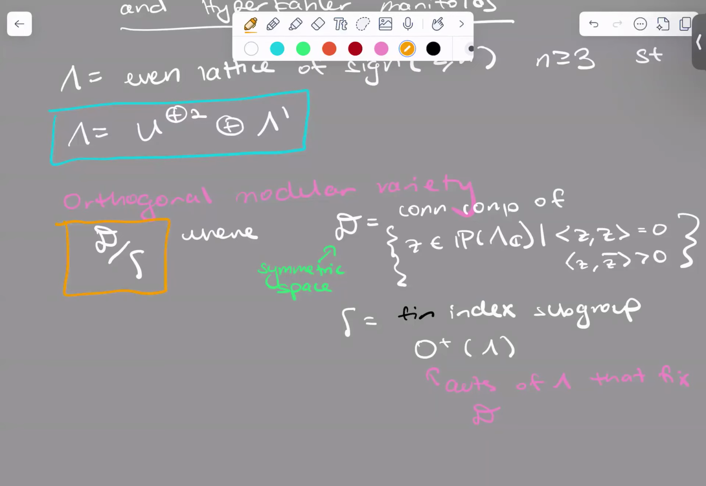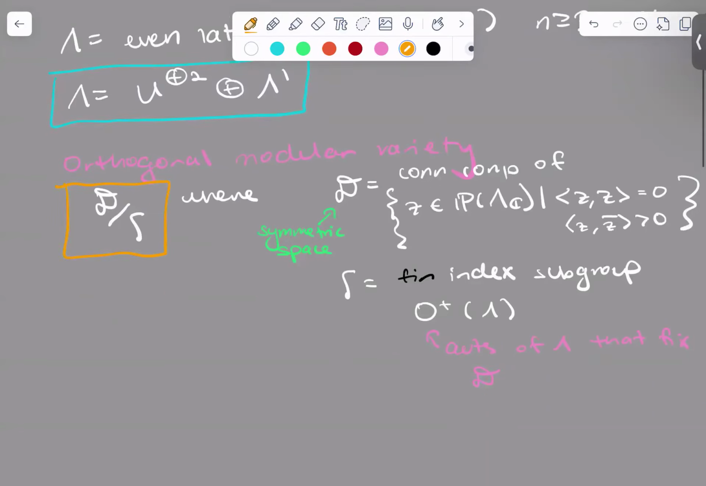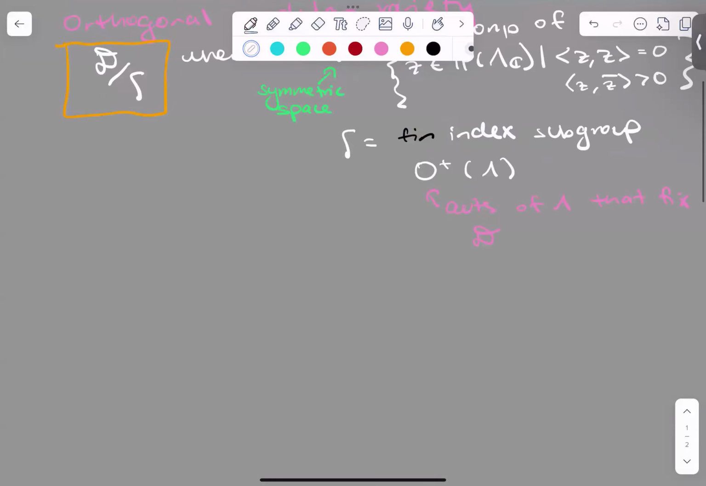And so why, from an algebraic geometry point of view, is this the setting that I'm interested in, or why do I care so much about these orthogonal modular varieties? These are a class of varieties that have been studied from the point of view of modular forms for some time, but why might algebraic geometers be in particular interested in these quotients? So from a geometric perspective,